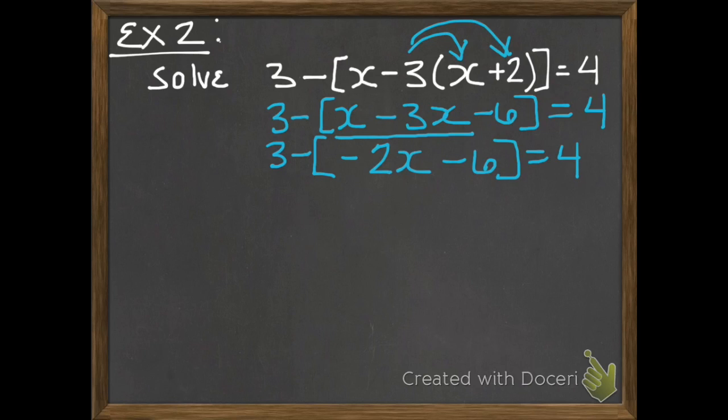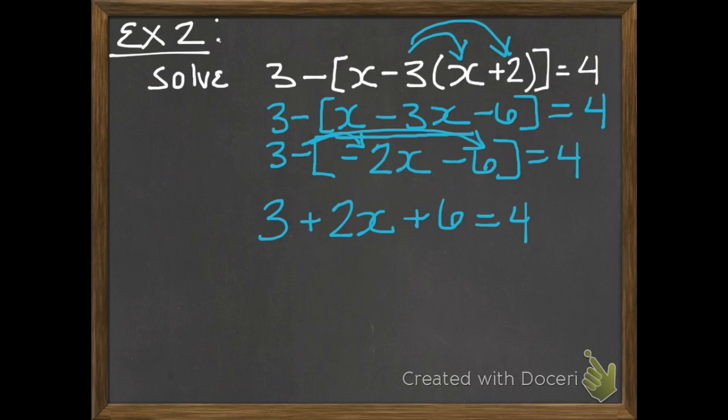And so now, before I continue, again, I have a negative across a parentheses or a bracket. So I need to distribute that negative across this binomial. So I'll have the 3 come down for the ride. Negative and a negative gives me a positive 2x. Negative and a negative gives me a positive 6. Equals 4, and then my last step before solving is going to be